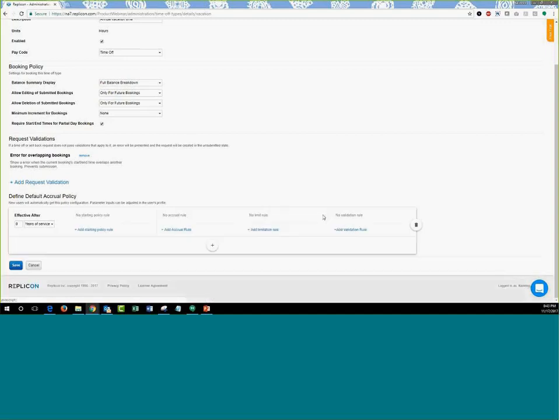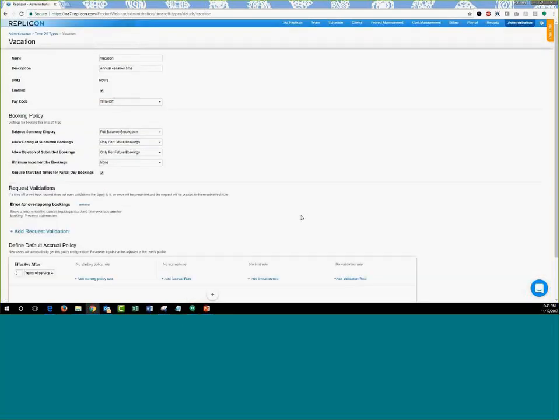You have the validation rule section. Validations can be set up at the time off type level. So if you want a certain time off type, whoever it gets assigned to, to follow a certain validation rule, then you can set up the validations by going over to this section and clicking on Add Request Validation. If you want it to be user specific, like some users do have validation rules for this policy and some don't really follow it, you can set up the validation rules at the time off type level and choose which user gets to set up the validation and which doesn't. This was how you could set the policy up at the global level.